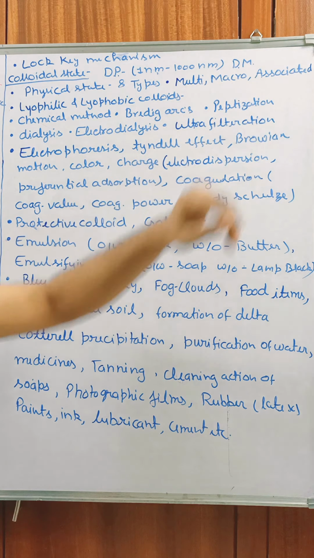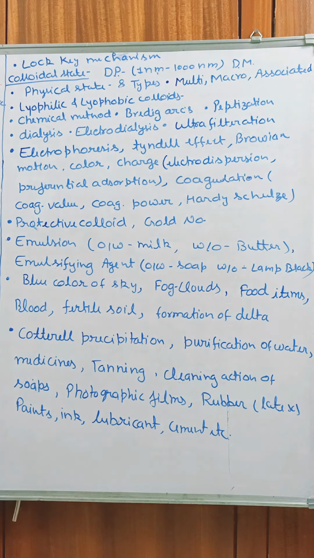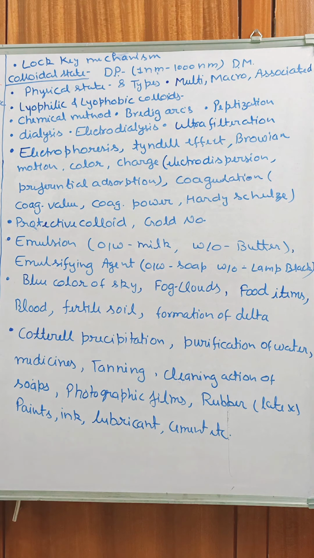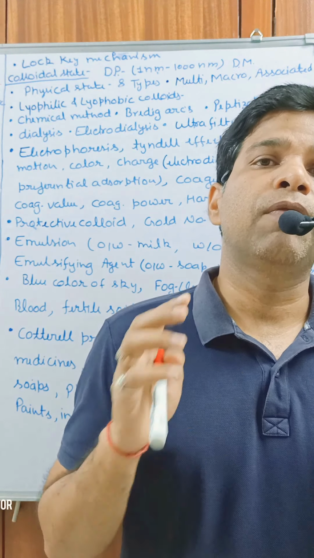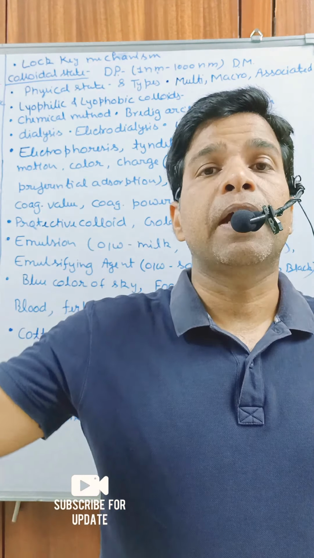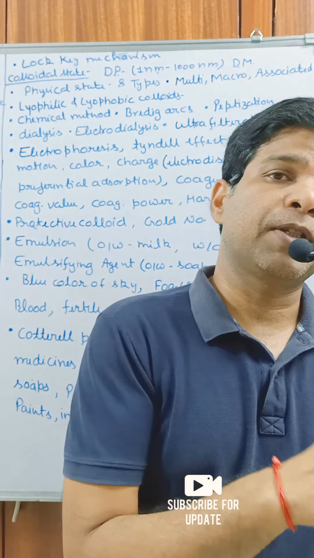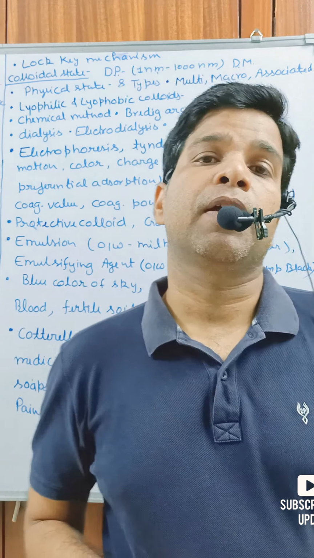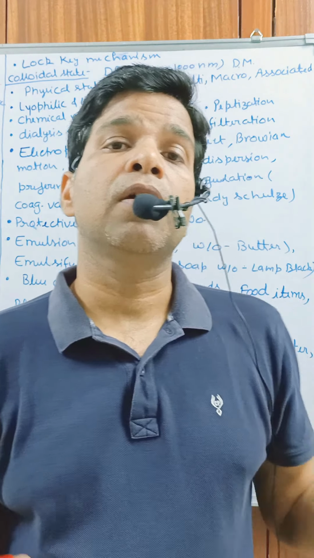Then the next classification is on the basis of the number of particles used for the dispersed phase. It may be a multimolecular colloidal system, a macromolecular colloidal system, or an associated colloidal system. In a multimolecular colloidal system, a single molecule is small. It is not in the range of 1 nanometer to 1000 nanometer, but when many molecules of such kind collect together, they form a big aggregate, a big cluster of molecules, and that particle is in the colloidal range. For example, sulfur particles are very small, but whenever they connect together, they give a big particle; that is called a multimolecular colloid.